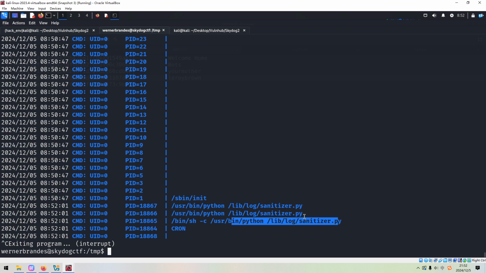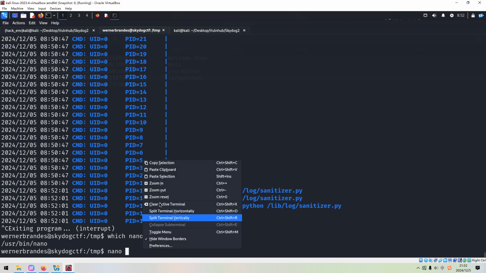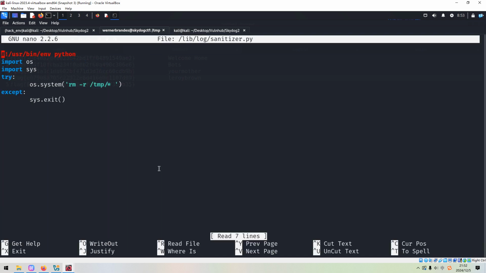Okay. So how to do? We can use nano or use vim. We can nano, and we can copy the path of this file. Okay. And now we can go to the last line.